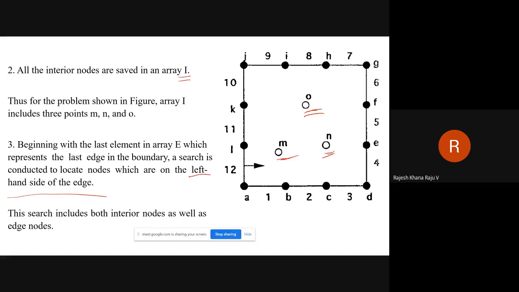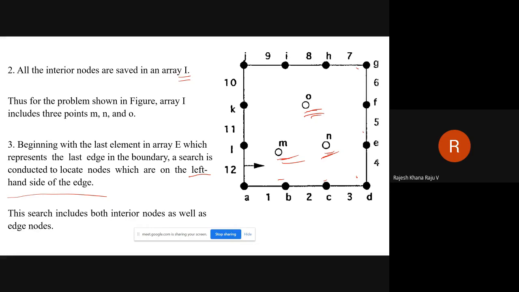Then we will try to create the triangle using one of the nodes which falls on the left hand side of your edge LA. But when we are searching for the nodes which are falling on the left hand side of edge LA, at that time we will consider all the internal nodes as well as all the boundary nodes, except LA.